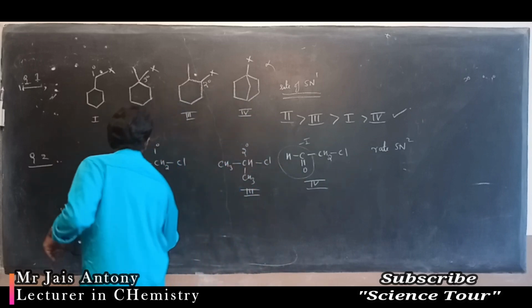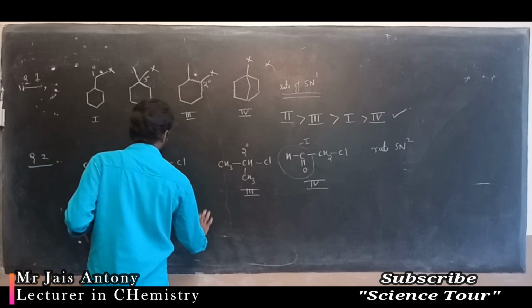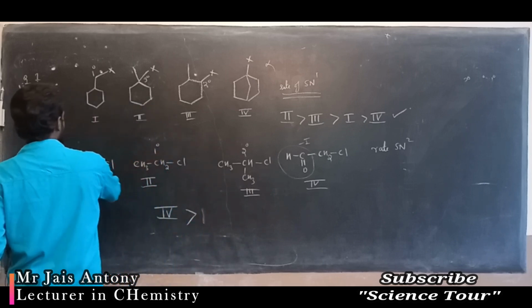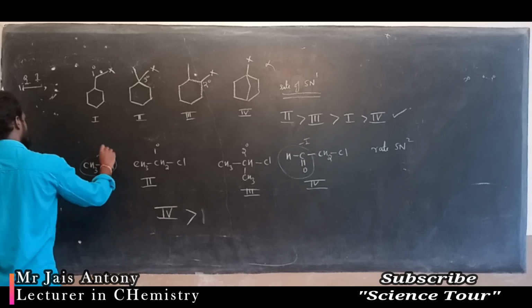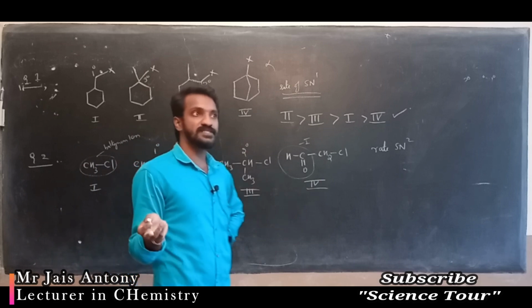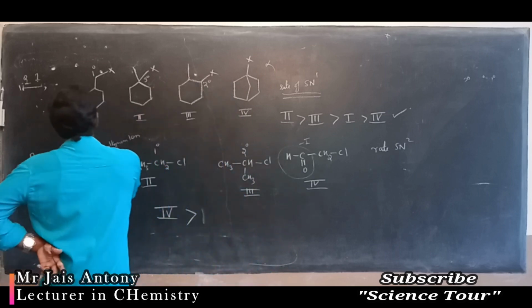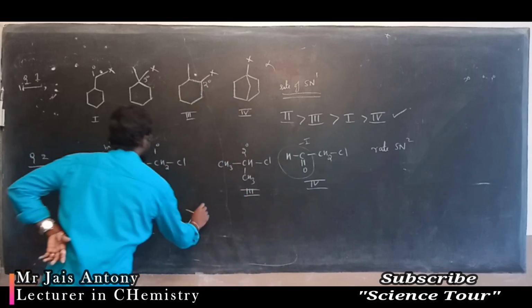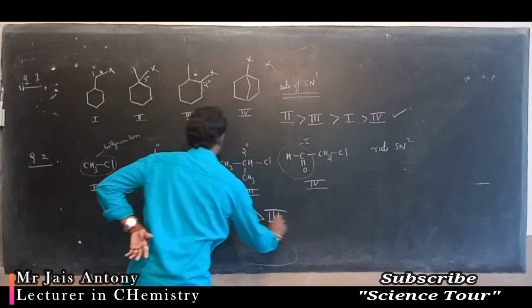So which comes first? Fourth comes first. Then which comes as per the rule it is given, but before primary the bulkiness is very less here. This is not a primary carbon. Here in methyl chloride the bulkiness is less. I already explained that if the branching is more, SN1 reaction is more. If the branching is less, SN2 is more. So here less is the branching, SN2 is more. So first comes next, then second, then third, like this.